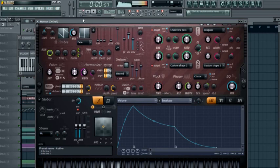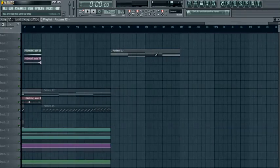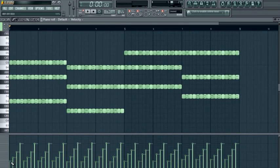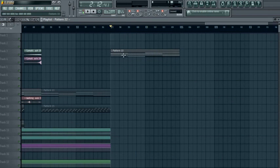Okay, and if you guys are wondering why the sidechain, it's because I've chosen different velocities and made them rise over every 4 repetitions of the same notes over and over, so that's why it sounds that way. So yeah, now since that's done,